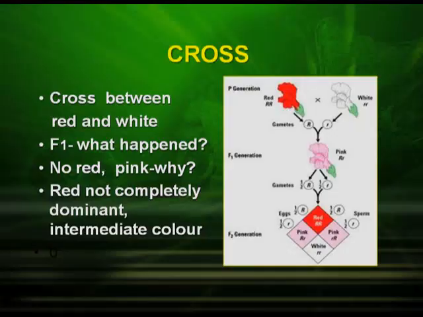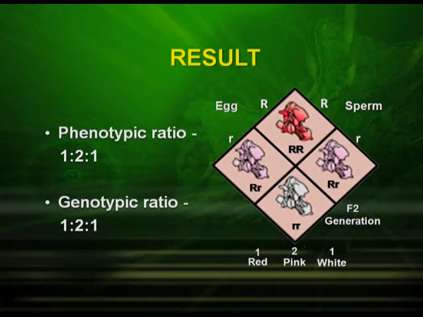Let us find out. Now, we get a pink color in the F1 generation. That means the red is not completely dominant over the white. Instead, an intermediate color has been obtained. Now, when we look into the checkerboard, if the red is represented by capital R, and the white by small r and small r, the pink color obtained has the genotype capital R, small r. But in the F2 generation, we get plants 1 red, 2 pink and 1 white. The genotypic ratio becomes 1:2:1, but it is the same as the phenotypic ratio,